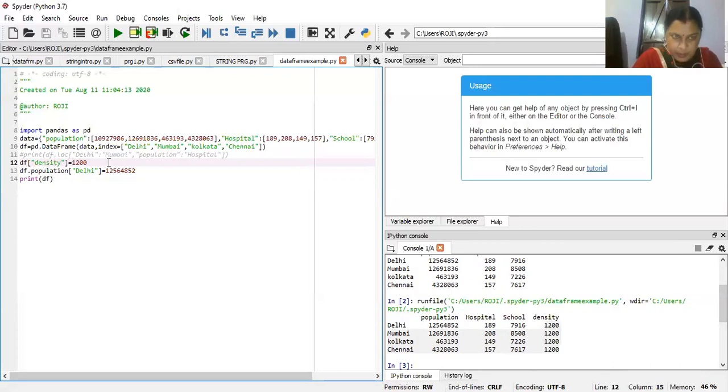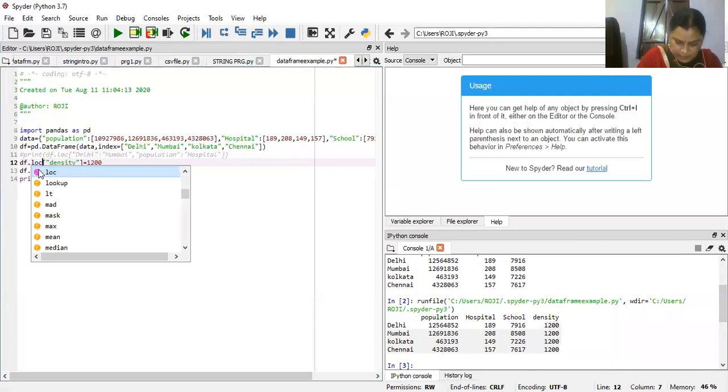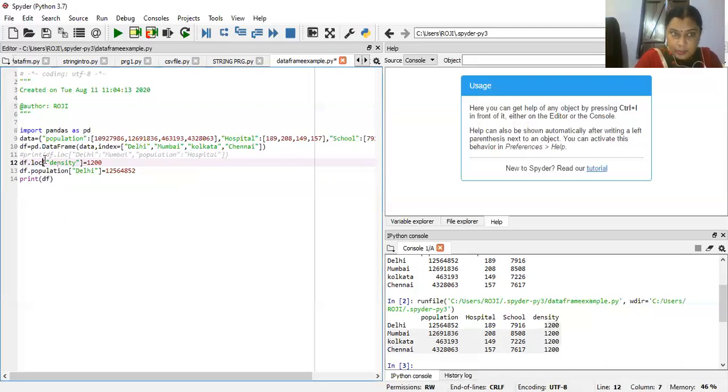Suppose you want to add a column named density. Then we will use loc or iloc. The data frame name is df, so df dot loc, where loc means location. It takes two arguments: the first one is the row and the second one is the column.